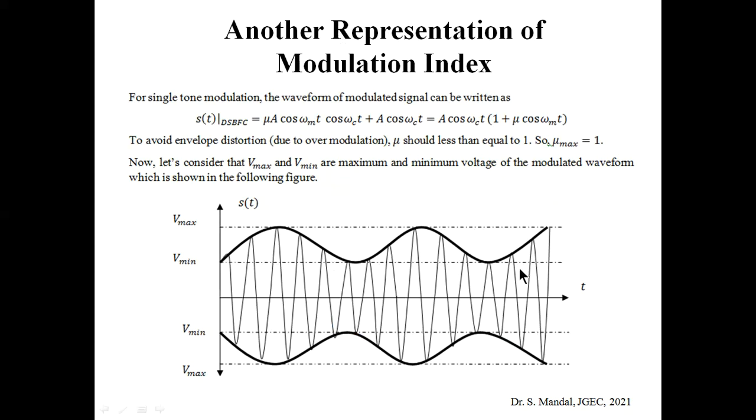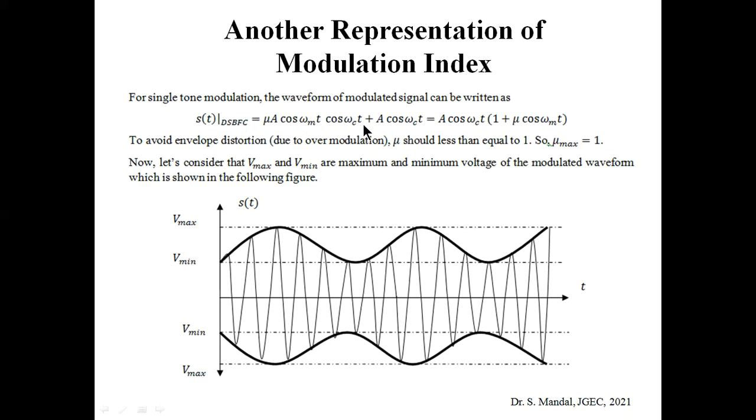Now coming to the next topic: how to calculate the modulation index without knowing the value of the amplitude of x(t) and the carrier also. So basically this is another representation of the modulation index. Let's consider single-tone modulation DSBFC, and the equation can be represented by this: mu A cos omega_m t cos omega_c t